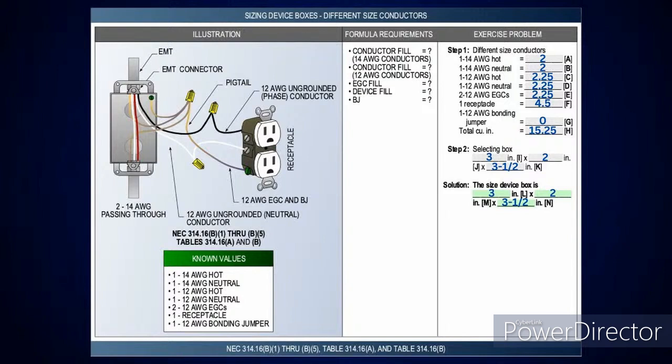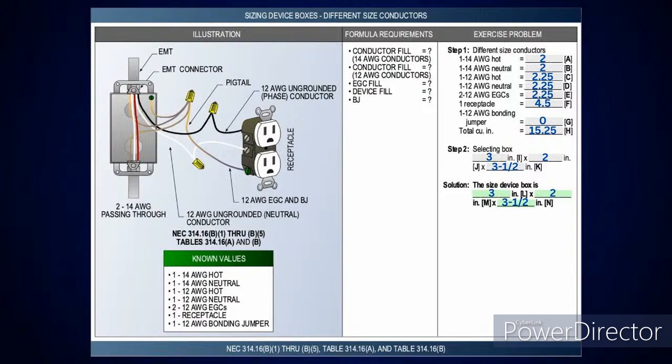Now, if I look at table 314.16(B) for a number 14, that's going to give you 2 cubic inches. So 2 and 2 for the hot and neutral. Then I've got the hot and neutral is a number 12 that's connected to the device, and table 314.16(B) says the cubic inch is 2.25. So I'm going to add that all the way down, and I got to count 1 for my equipment ground,